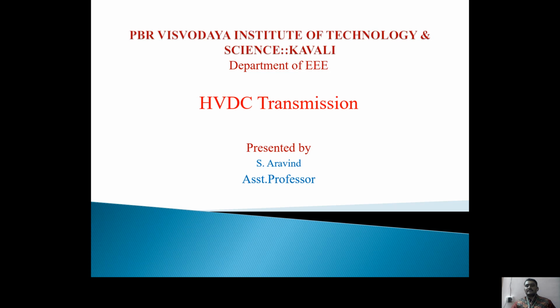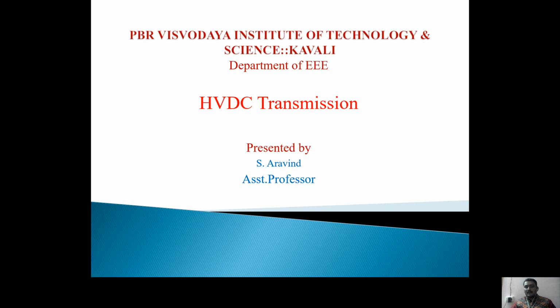So, in the previous classes, I discussed the earlier discoveries of the HVDC system, and after that, I discussed the comparison of HVDC and HVAC systems using economics of transmission and voltage control, technical performance, and reliability concepts. After that, I discussed the limitations or disadvantages of HVDC systems. Then I discussed the advantages and applications of the HVDC system, and a comparison of HVAC and HVDC systems in tabular form. And after that I discussed the types of DC links.